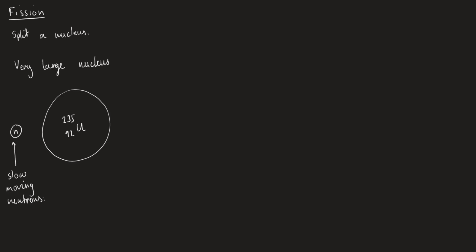It can't be a proton, because then we're going to have to fire it very quickly at this nucleus in order to overcome the electrostatic repulsion. So we just have a slow-moving neutron that slowly gets closer and closer to the nucleus until it's within a range that it becomes absorbed into the nucleus. So it gets absorbed